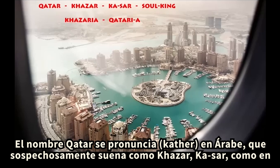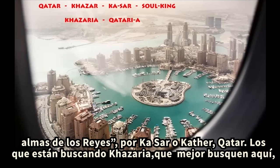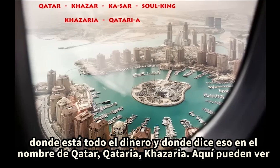The name Qatar is pronounced as Qatar in Arabic, which suspiciously sounds like Khazar, as in Khazaria. Qatar, from the pharaonic Ka for soul and Sar for king, pharaoh, altogether meaning where the souls of kings live, Ka-Sar, or Qatar. Those searching for Khazaria, you better look here, where all the money is and where it says so in the name Qatar and the Qatari,